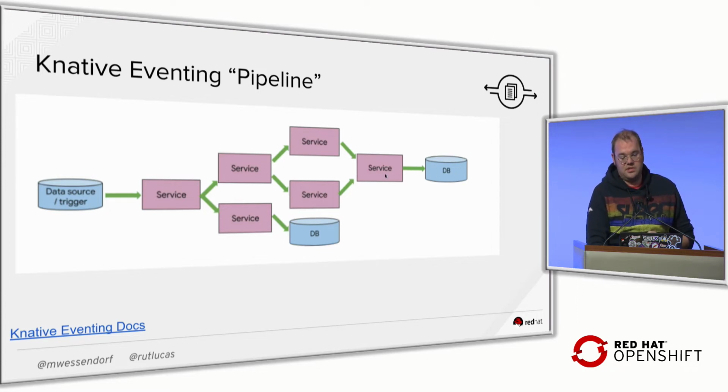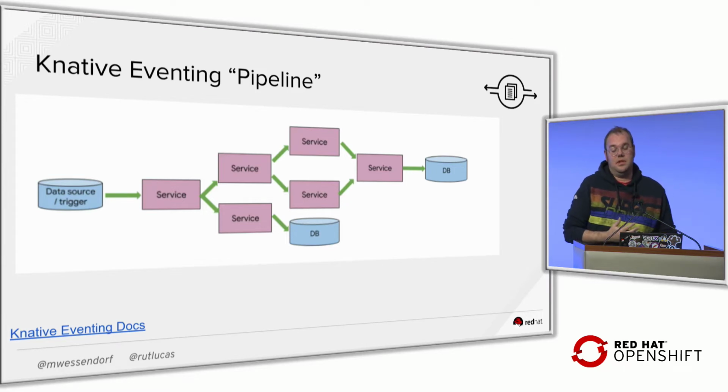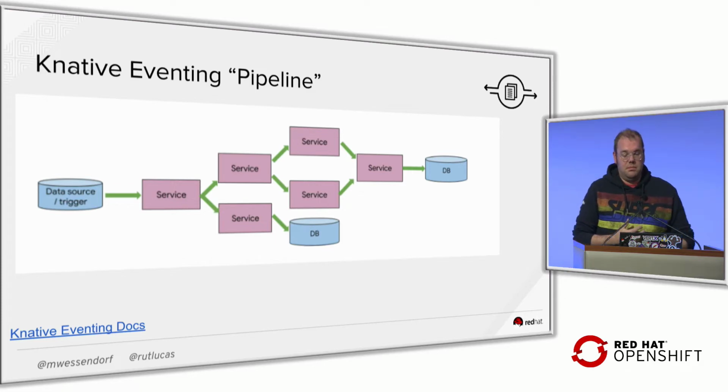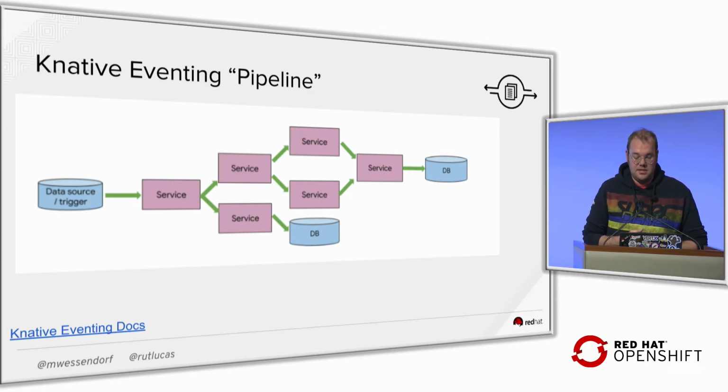This one is not returning a result. You can then update the database, or you can also go directly to the database if, for instance, this route is more for short-term analytics, and you're fine with it. I store my results in the database. So with Knative primitives that are there today, you can already build some complex data pipelines where you run Knative serving services, these are the purple boxes, and with a connection to a database or data source, actually, with Knative channels.